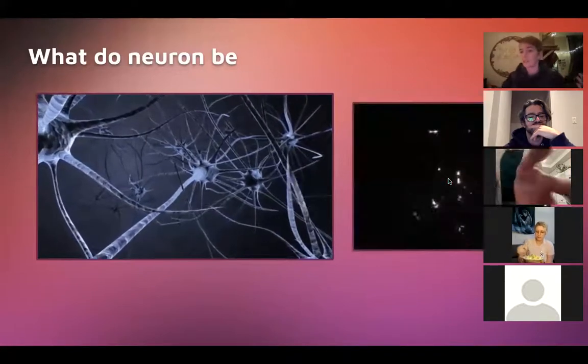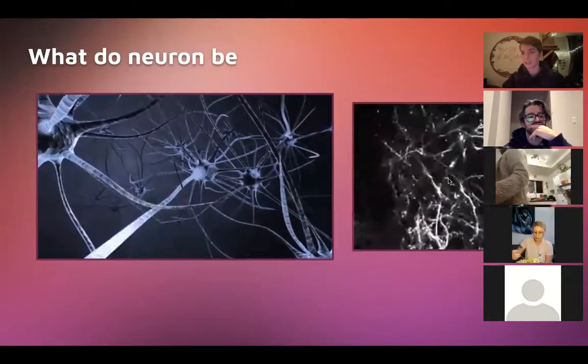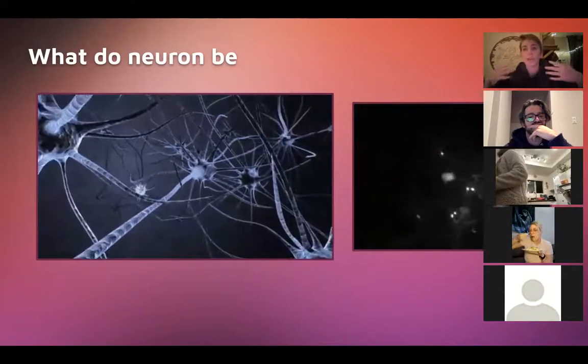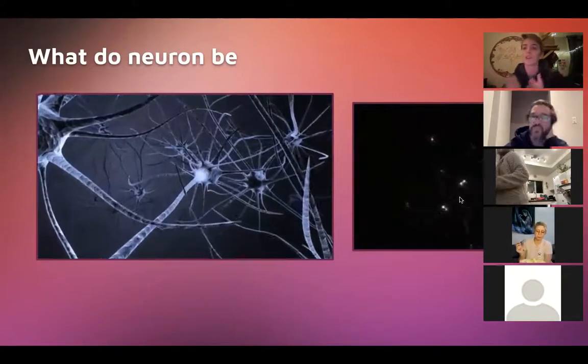So this is what neurons actually look like. It is a very quick succession of electricity, basically. Your brain, big electric. Now, does anyone know how many neurons are in your brain?